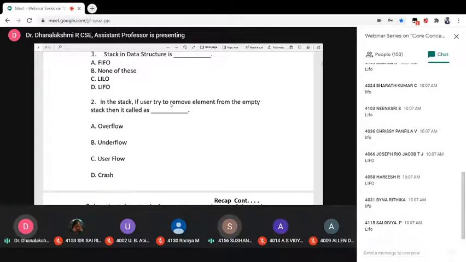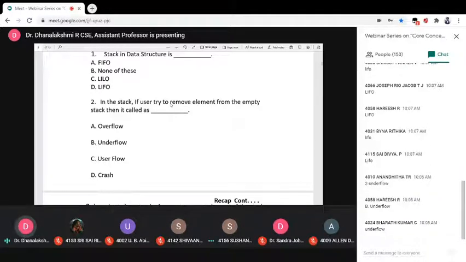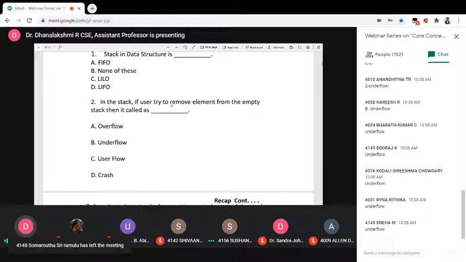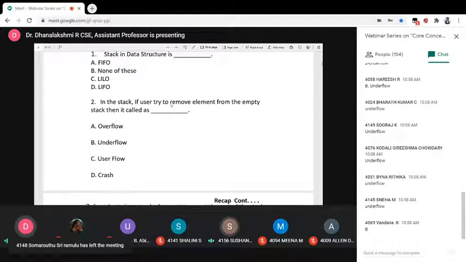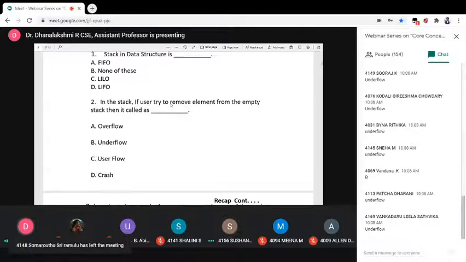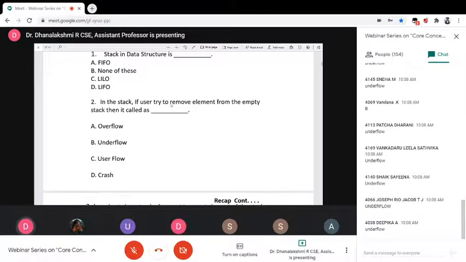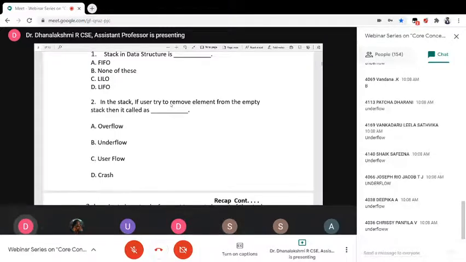Now the second question. In the stack, if the user tries to remove an element from the empty stack, then it is called as what? Already I told you, before inserting an element and before deleting an element, we need to check two conditions: one is the overflow condition, another one is the underflow condition. Based on this, what is the answer?